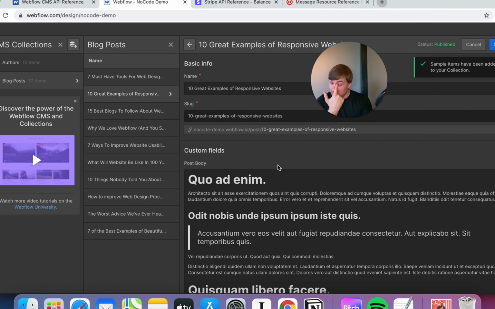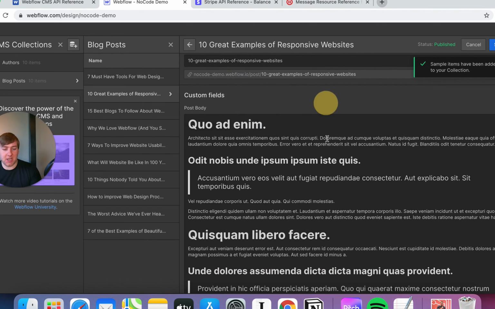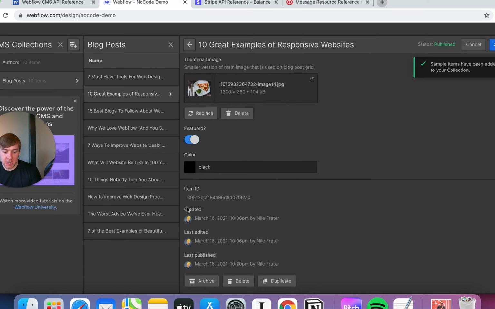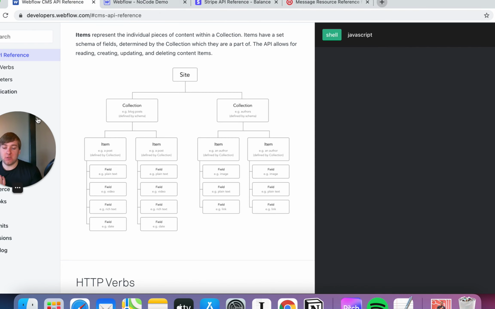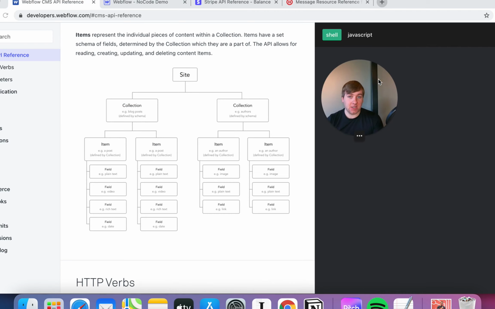If I pop in here and let's go back to this blog post, 10 great examples of responsive websites. Here we go, an item ID. This is what it looks like. It's just this unique little string, or little piece of text. It's just unique, 6051, and so on. I could go in here and it'll be something similar, but different. That's different. Look at the end, 27C5. If I go back up there, 82A0. So it'll just generate these really unique IDs, and that is where things get important,